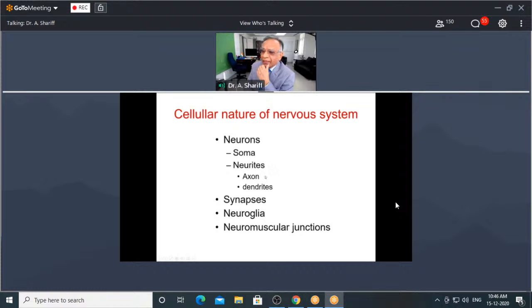Generally, the axons carry the impulse from the peripheral part towards the body of the neuron, and the dendrites, sorry, the other way around. The axon carries the neural impulse from the body to the cells surrounding them, and the dendrites will convey the impulse towards the cell body. Now, the axons and dendrites of a particular neuron may end up on the body of another neuron, and then ends up on the dendrites of the other neurons. And they are called the axodendritic